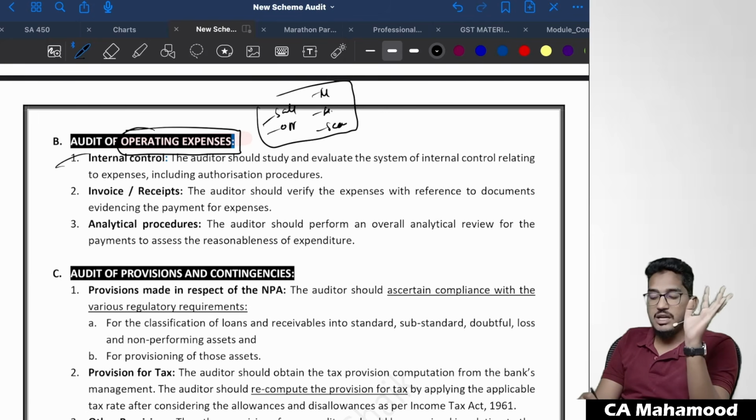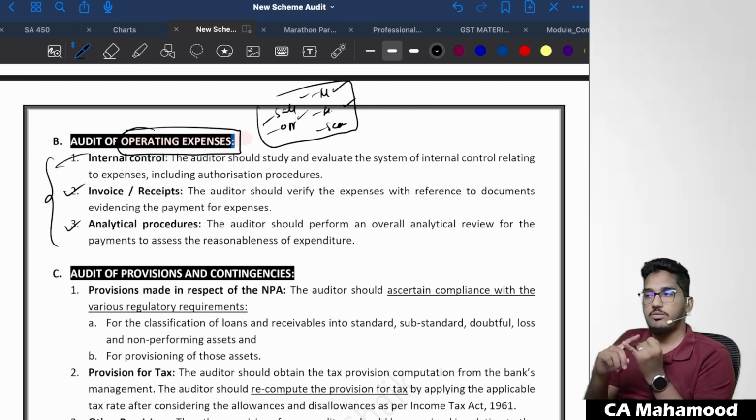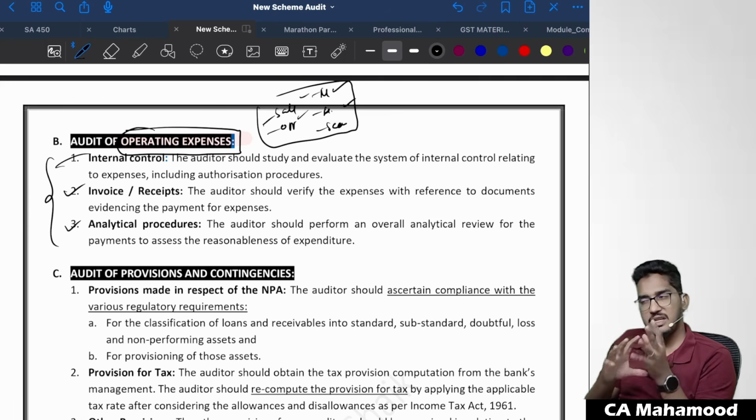They have given some common points which we check for all other operating expenses. Number one, we need to check whether there is a proper internal control mechanism for salaries, for office expenses, for maintenance. For all this, is a proper internal control system there or not? Number two, wherever we have supporting documents, you have to check the supporting documents. Number three, wherever you find that there is a relationship, you need to even perform analytical procedures. So they have referred to all other expenses as operating expenses, and told three common things which we are supposed to do: check whether there is a proper internal control mechanism, check the supporting documents, and even try to perform analytical procedures in case any relationship exists.